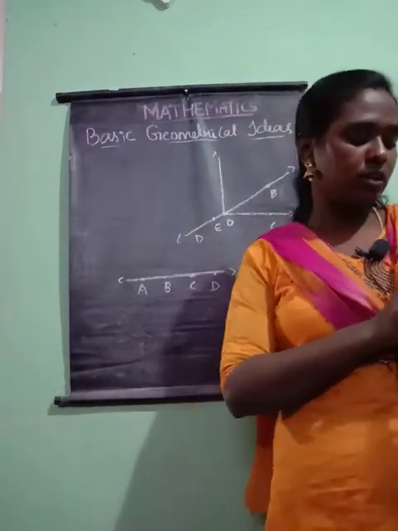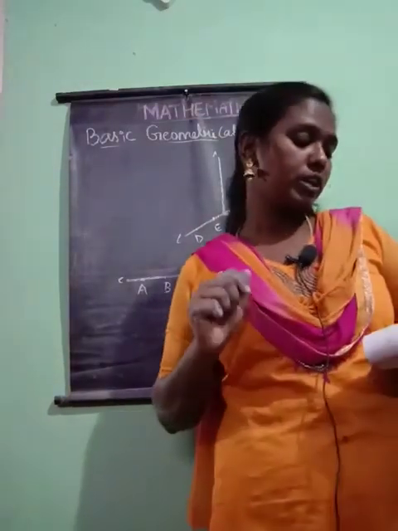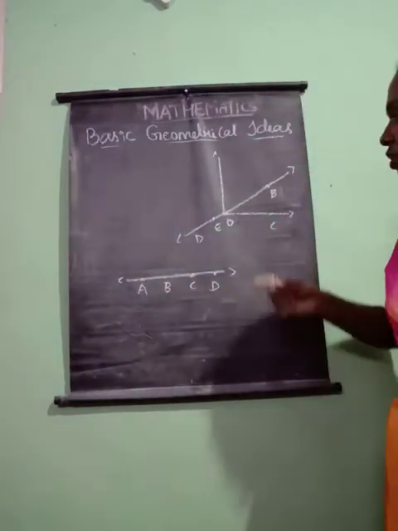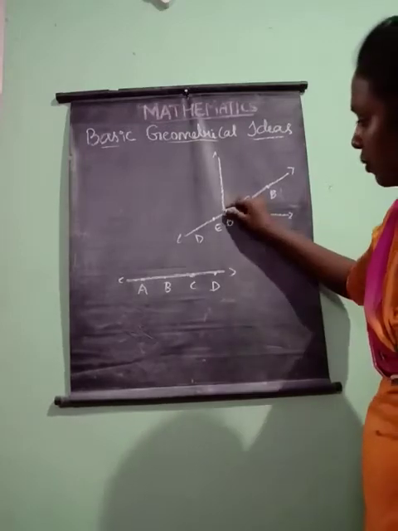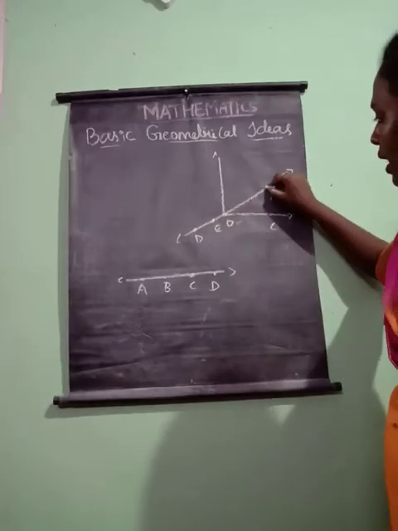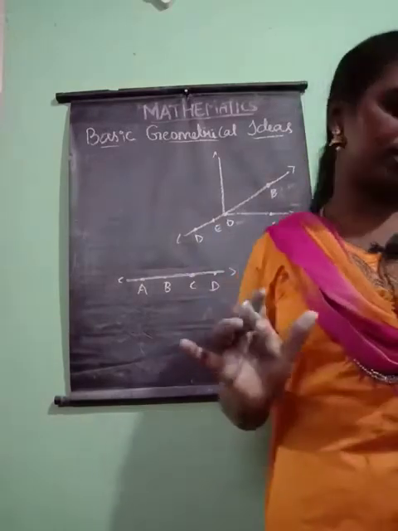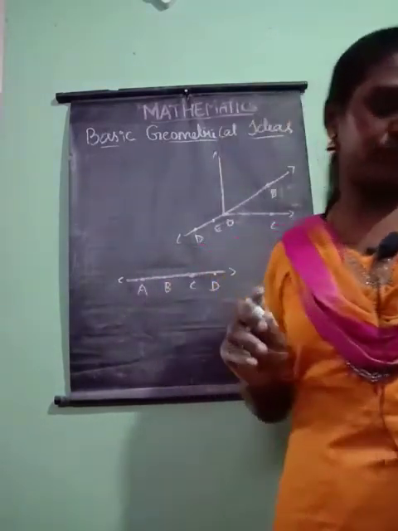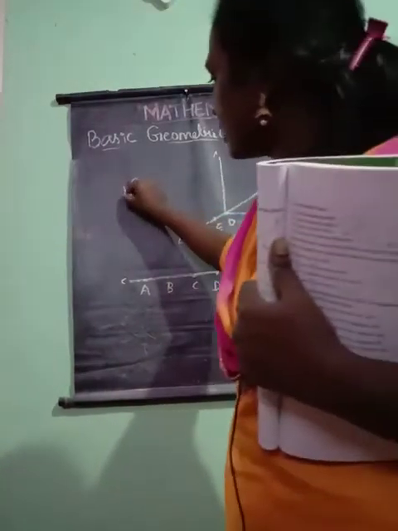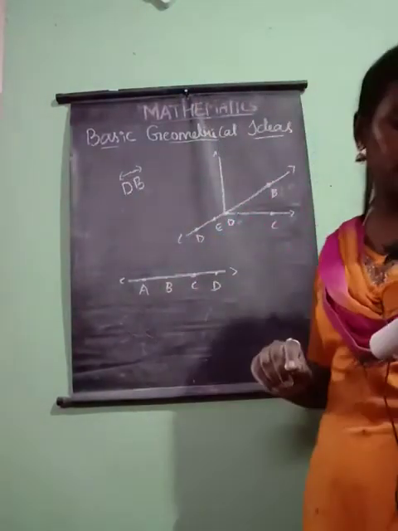So here we have O, D, E, C, B, right? So here is the question. First, 5 points. Points we know: O is 1 point, E is 1 point, D is 1 point, B is 1 point and C is 1 point. So in total we have 5 points, and DB is a line, which has a starting and ending point.